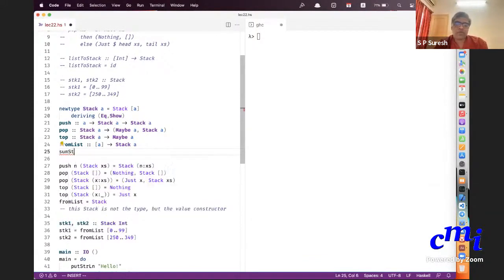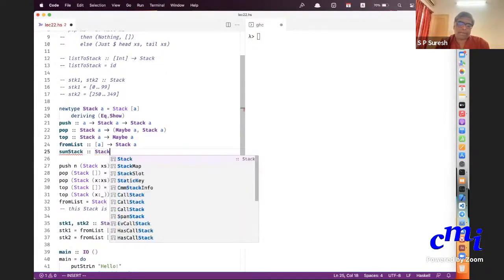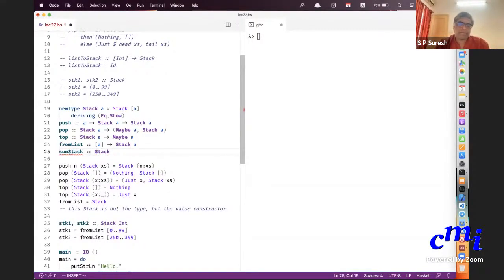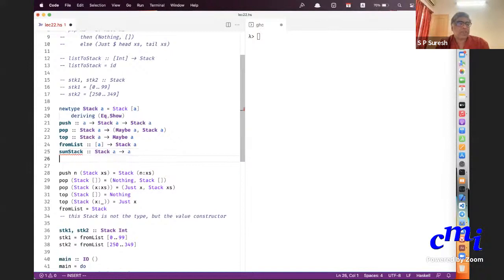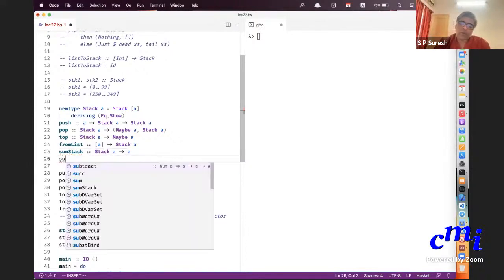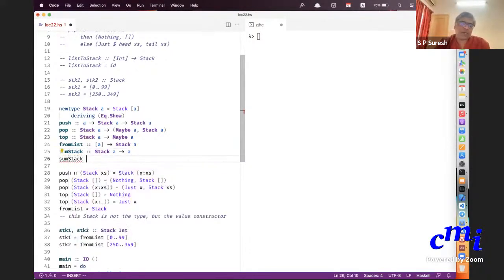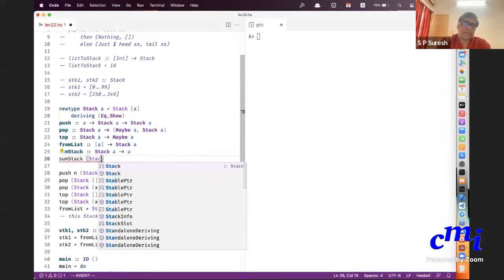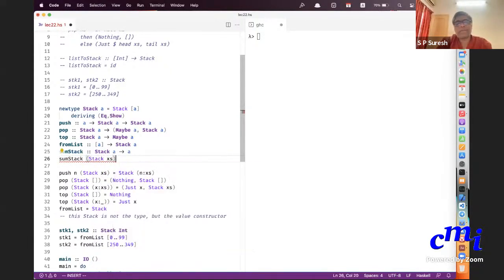I'm going to call it sumStack. The type itself is general enough, but what will be your implementation of sumStack? sumStack of Stack xs should be what?